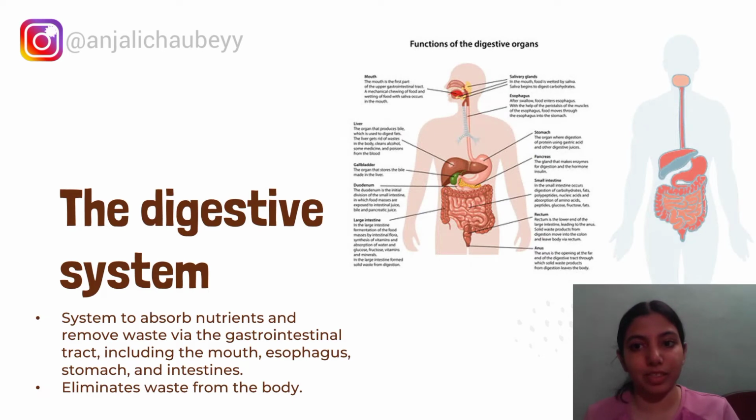Moving on to the digestive system. The digestive system helps in breaking down food into smaller and smaller parts so that it is easy to excrete the waste product. So when we eat our food, we chew the food, it goes through the esophagus and reaches our stomach, wherein the acids break down the food further and further. The required nutrients from the GIT, or the gastrointestinal tract, are absorbed into the body and the waste products are excreted from the body.